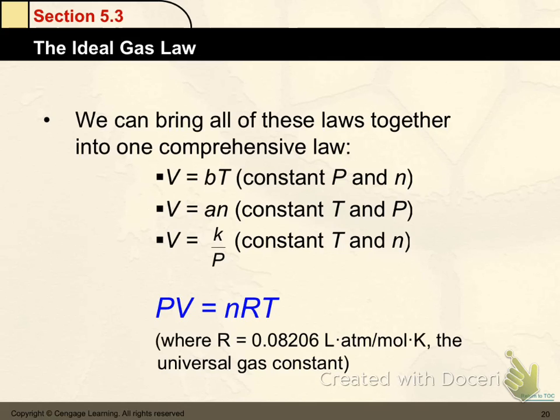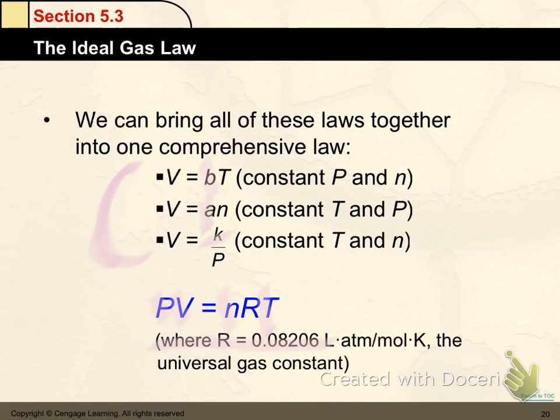And if we look at this law, there's a lot of very common and visible things in there. We understand P is pressure, V is volume, T is temperature, and N is moles. So we know all those things. But there's one new thing in there, and it's this guy right here. R, capital R. R stands for the ideal gas constant, or the universal gas constant. If you look above in these three equations right here, you'll notice that there's a K and an A and a B. Well, if you do a little bit of math with all of those things, you'll figure out what's called the ideal gas constant. It's going to be interesting because we're going to actually do this in the lab.